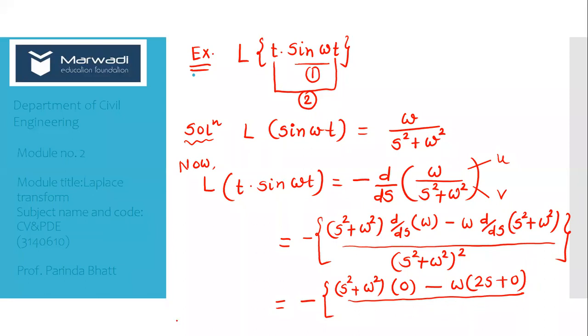And therefore the answer, in the next slide, first you note it down, this is minus minus plus 2s omega. I'm writing over here this answer. The answer is 2s omega upon s square plus omega square whole square. Okay. Now quickly